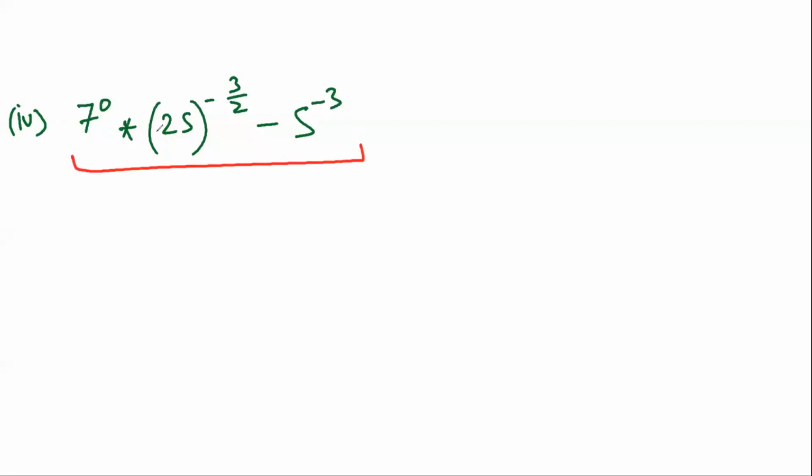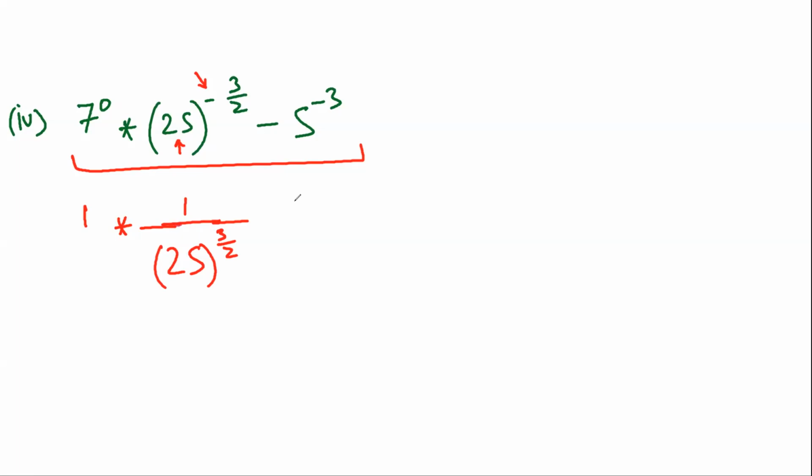See, one of the easiest things that you can do is, without much of a thought, 7 raised to power 0 should be 1 into. Another thing that I will like to do, that I had done in the previous question, is I will try to forget about this minus sign. I can forget about this minus sign if I take a reciprocal of this number. So the reciprocal of this number is 1 upon 25, and I'll raise that to this power 3 by 2. So basically what this minus does is it takes the number inside the bracket and makes it the reciprocal.